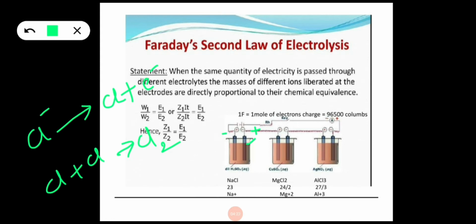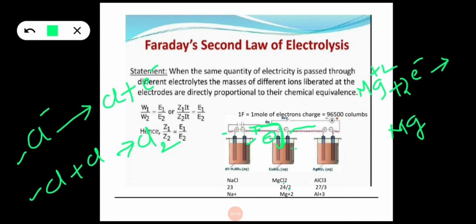Now the electrons coming out from here will move to the next electrode, and again be taken by magnesium chloride here. Electrons are coming here, so treat this as the minus electrode, and magnesium plus 2 ions will take those electrons. 2 electrons will be taken by each magnesium plus 2, as each is carrying two positive charges, and it will convert to magnesium. And again here Cl minus ions are there. This Cl minus will move towards the anode. Again this reaction will take place.